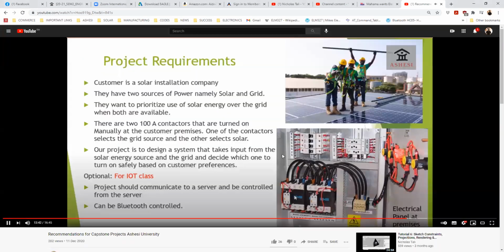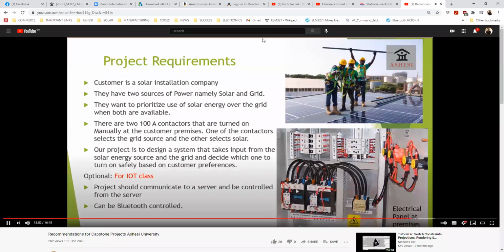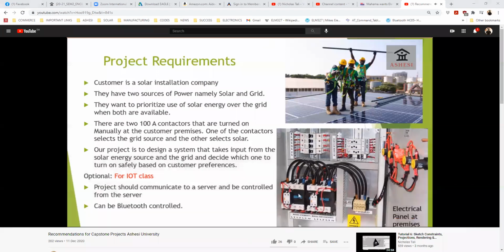Now they have two sources of power. The first one is the grid power. The second one is the solar power. And my goal is to be able to prioritize the solar over the grid whenever both solar and the grid are available. So I have been tasked to build a controller for these contactors and then turn on the contactors as per the